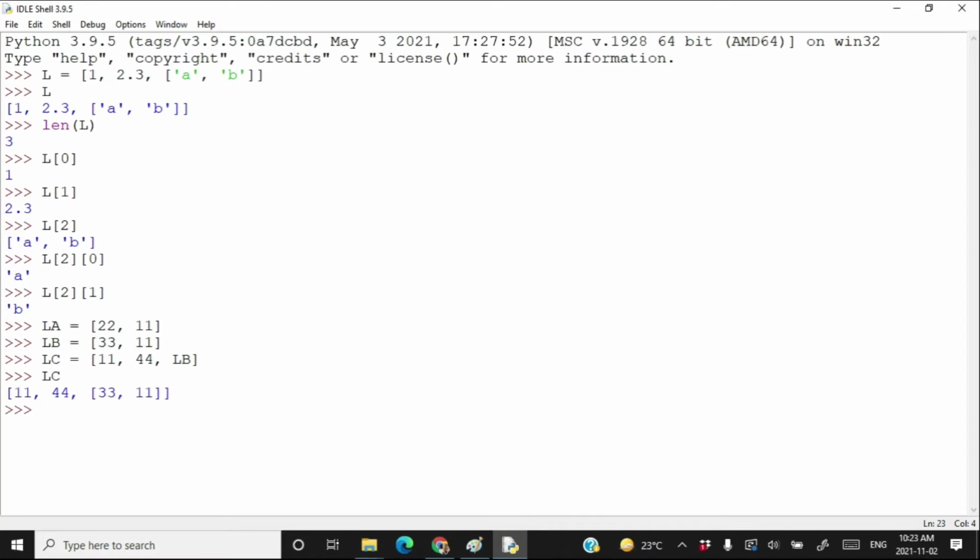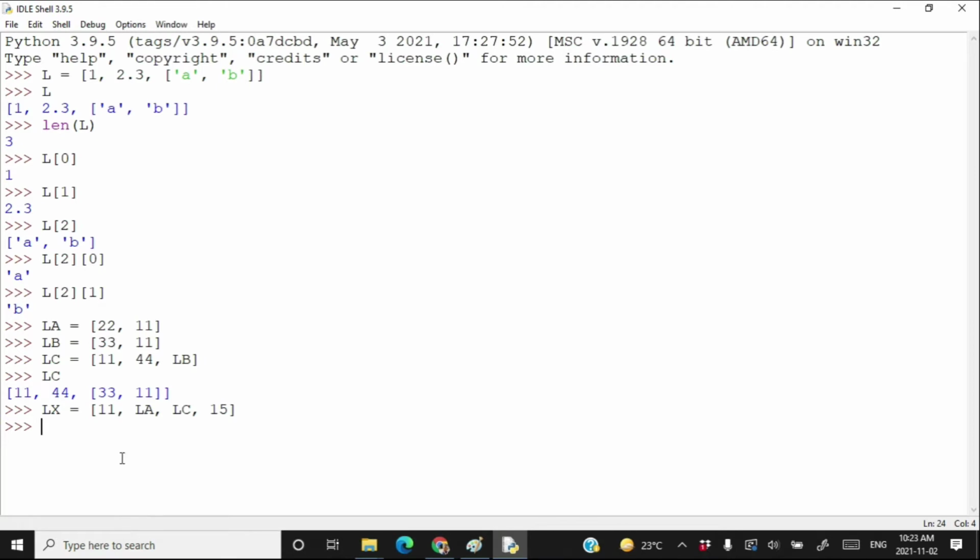Whose first element is 11, second element is 44, and the third element is this whole list, the whole LB. Then I am going to create another list, that is LX. The first element of LX is going to be 11, the second element is going to be LA, the third element is going to be LC, and fourth element is going to be 15.